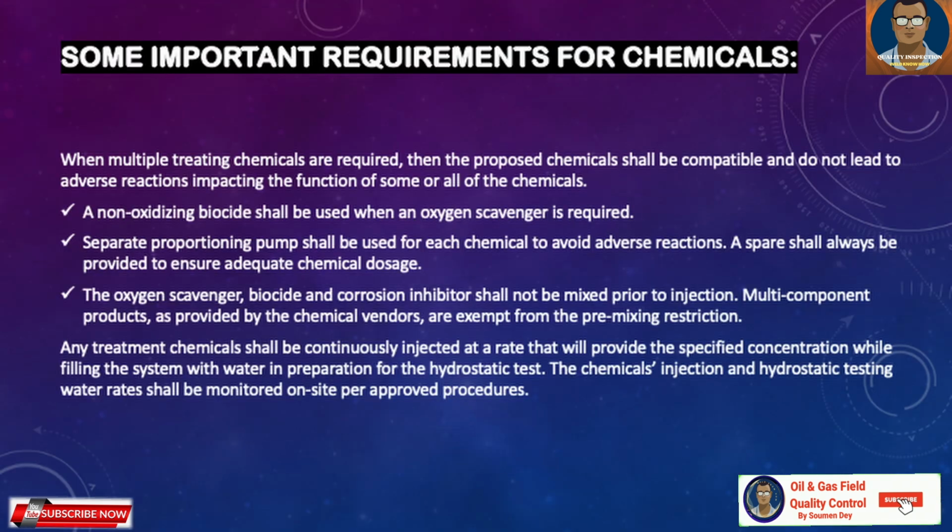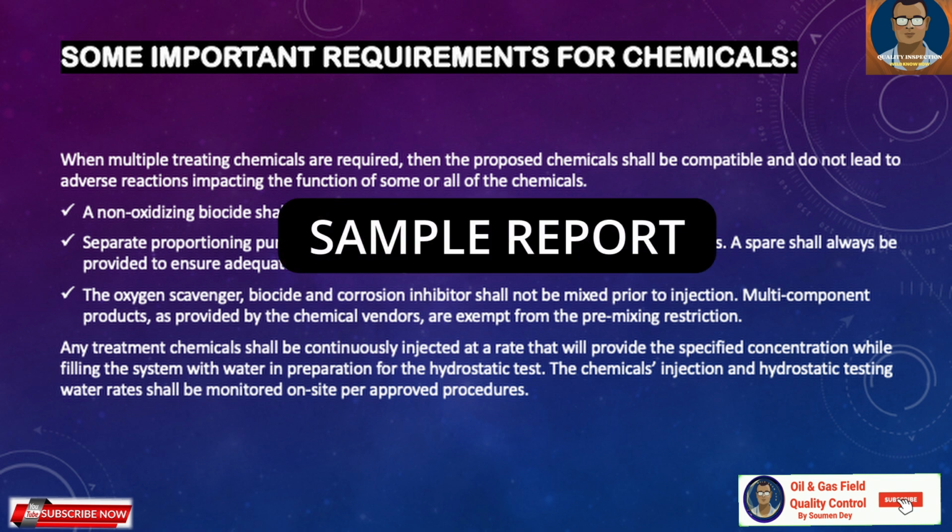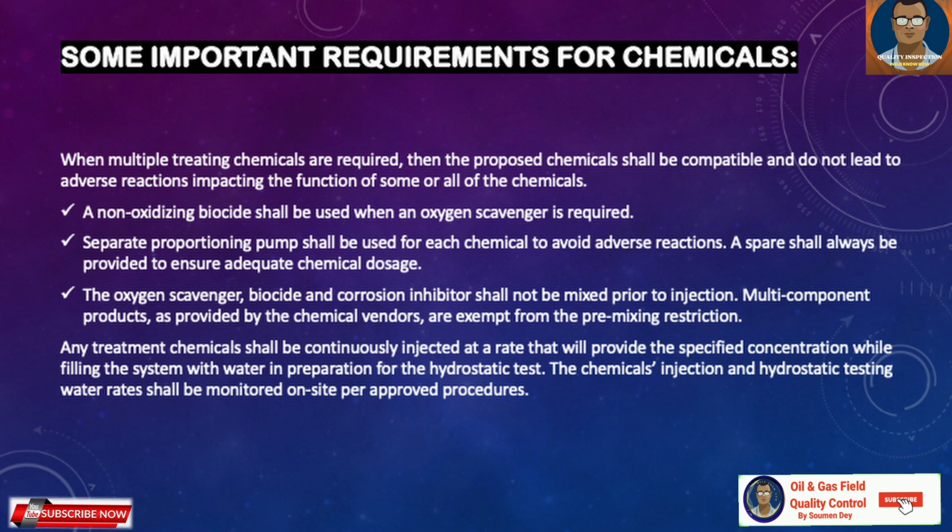For chemicals, some important requirements. When multiple chemical treatments are required, the proposed chemicals shall be compatible and not lead to adverse reaction of some or all of the chemicals. A non-oxidizing biocide shall be used when oxygen scavenger is required. A separate proportioning pump shall be used for each chemical to avoid adverse reaction. A spare shall always be provided to ensure adequate chemical doses. The oxygen scavenger, biocide and corrosion inhibitor shall not be mixed prior to injection. Multi-component products as provided by the chemical vendors are exempt from the pre-mixing